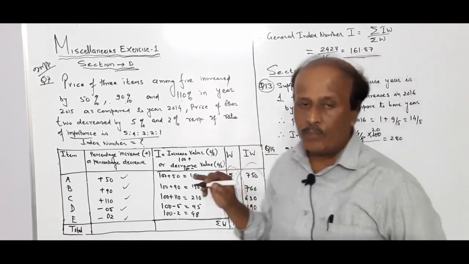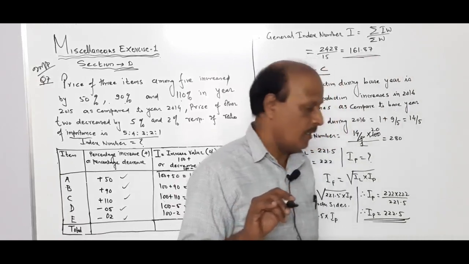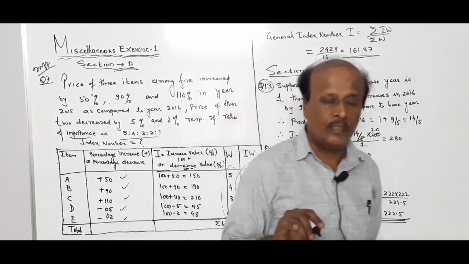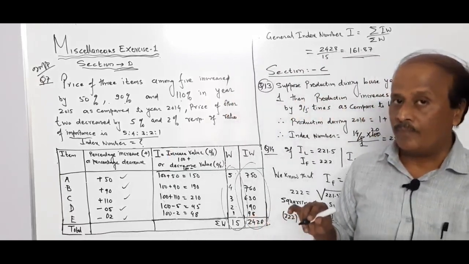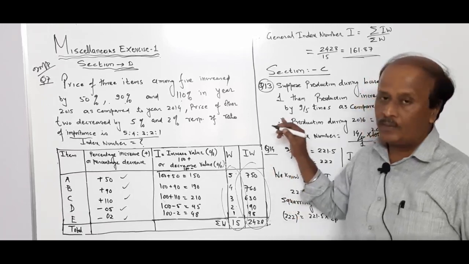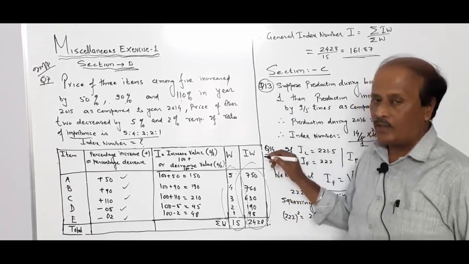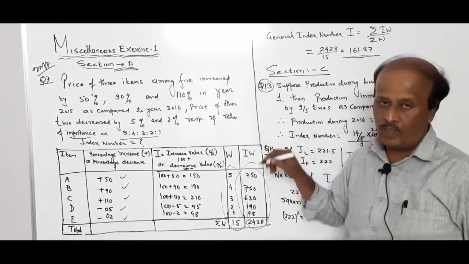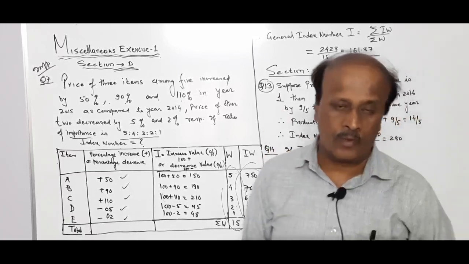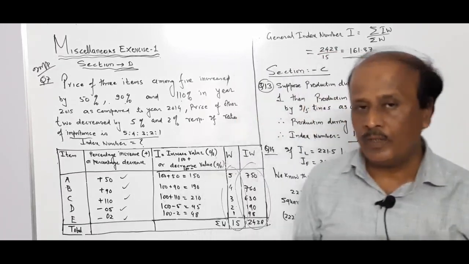Then I selected question number 13 and 14. Earlier also I did questions 13 and 14 from the D section. Now from the C section, if we select questions 13 and 14, the weightage will be around 2 marks, but many times I saw this type of question. Something new we got in this question.